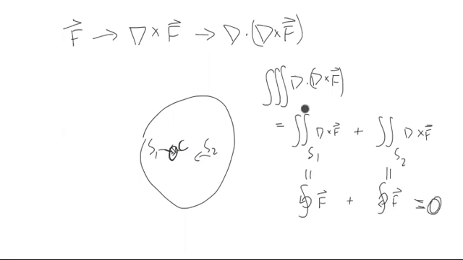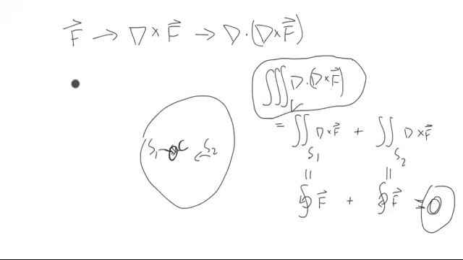Now notice that this whole process showed us that the volume integral right here was equal to 0. And that's true no matter what volume we pick. It didn't matter which three-dimensional volume we picked, every single one, narrowing down on a point here, everywhere. The only way for that to happen, so that every single volume gives you that, is for this vector field right in here, the divergence of the curl,